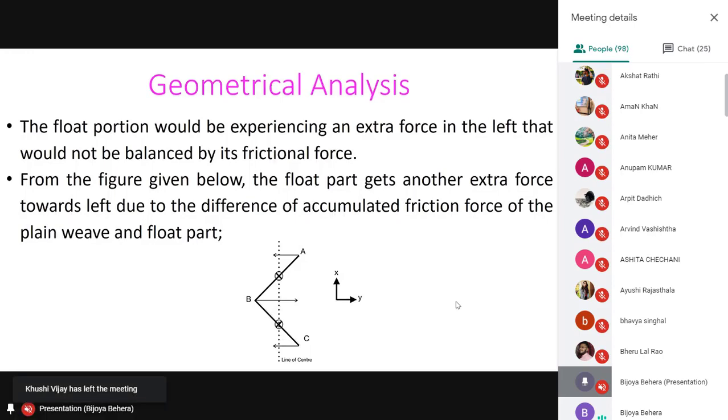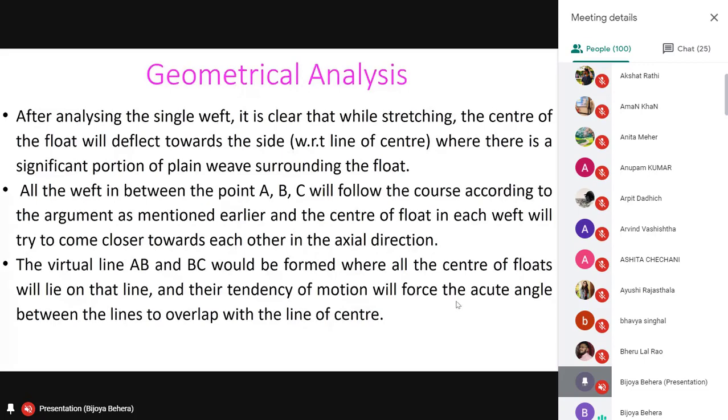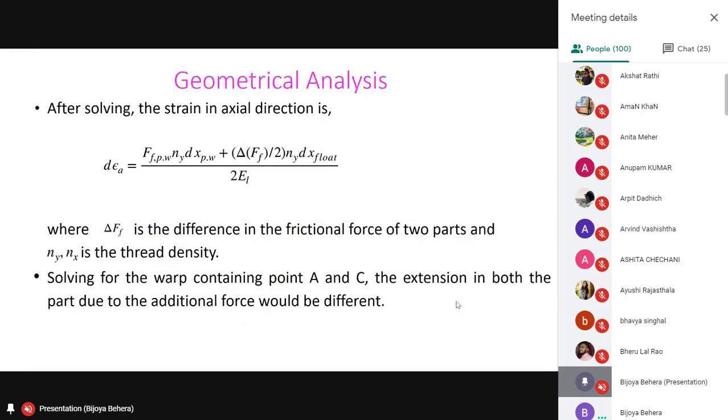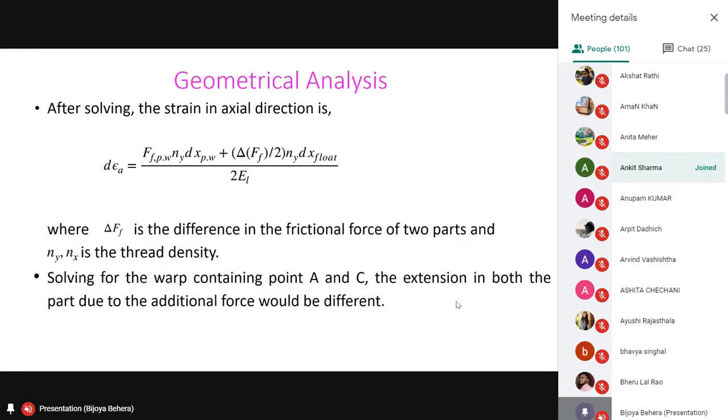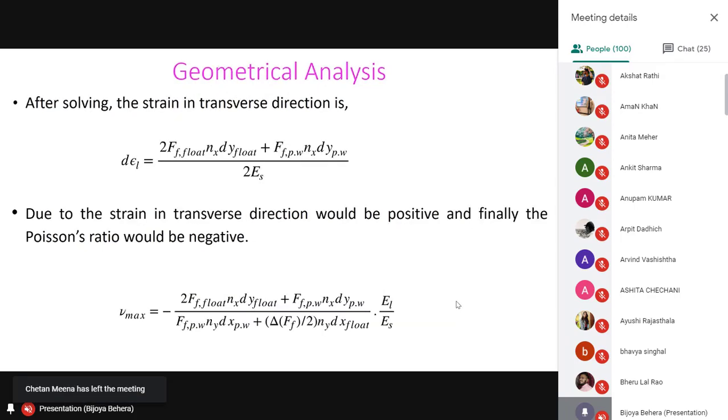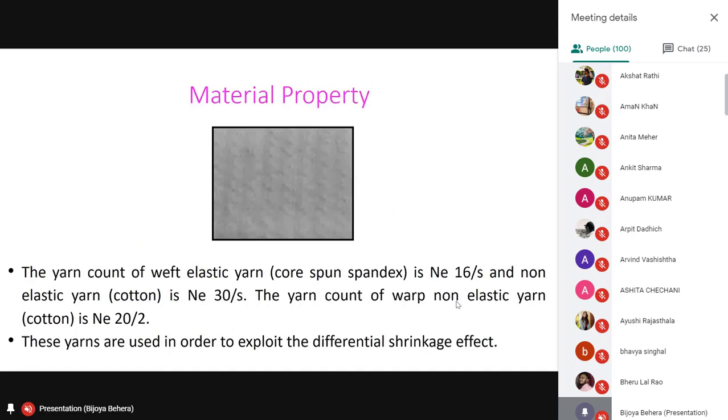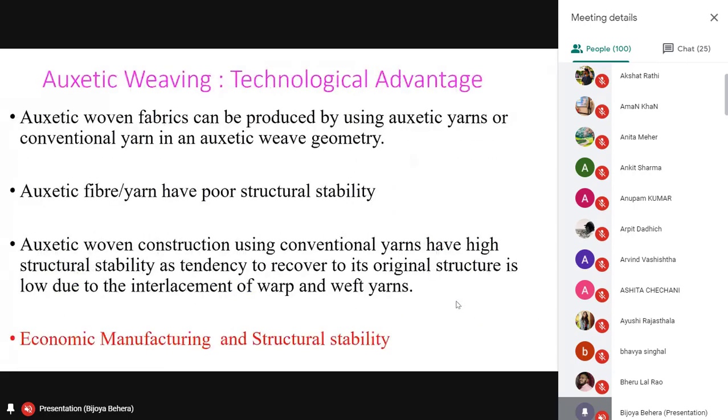When it is expanded in longitudinal direction, you can see there will be a change in angle. Or I can take it the reverse way: if I deliberately change this angle, I will get the auxeticity value. So the geometrical analysis is explained here, but I'll come straight to the mathematical application. This is the formula from that explanation. It is a reverse way of calculation, but I'll come to that in the mathematical calculation, how it is really calculated. I'm going to that.